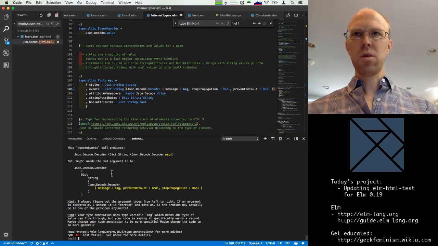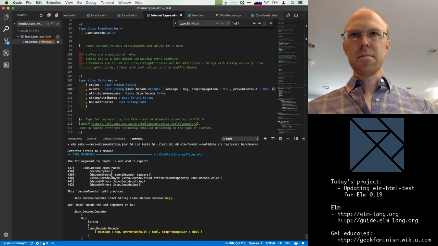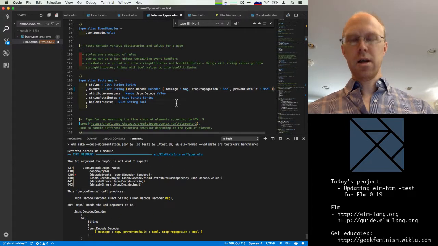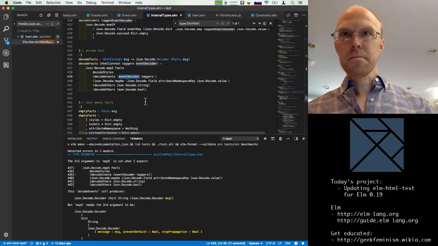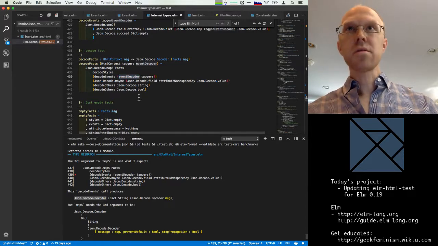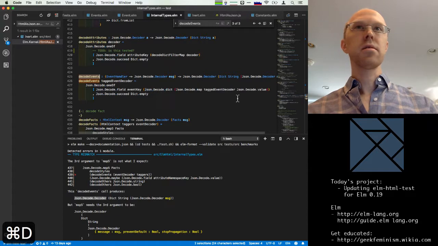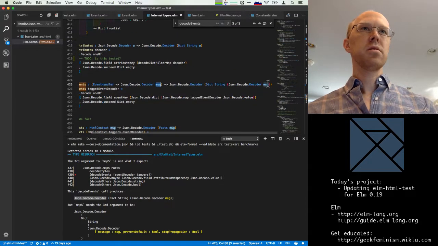It seems like what we want also. And then internal types, line 439, event decoder. Decode event produces the wrong thing. Yeah, okay. So we have a function that does that.